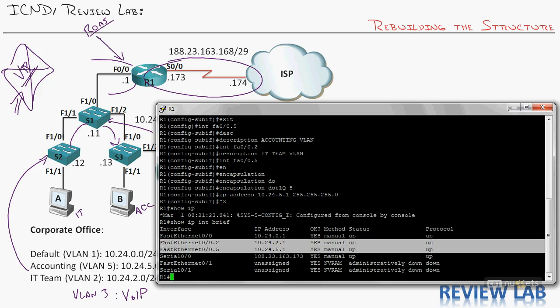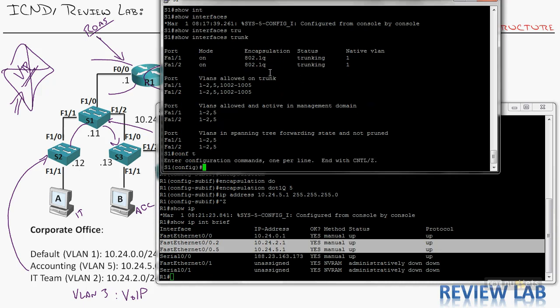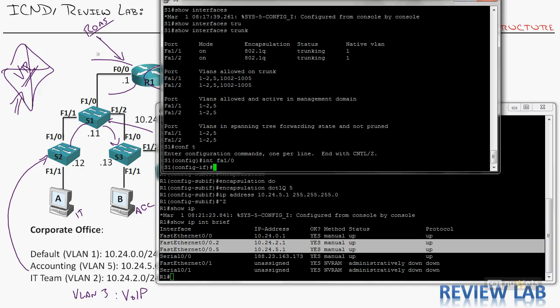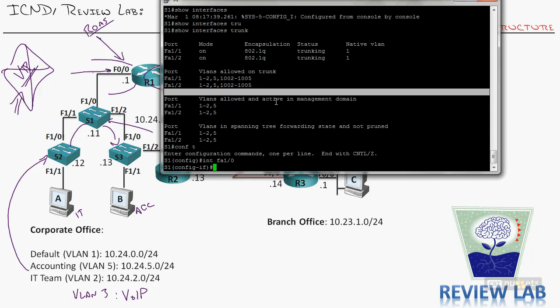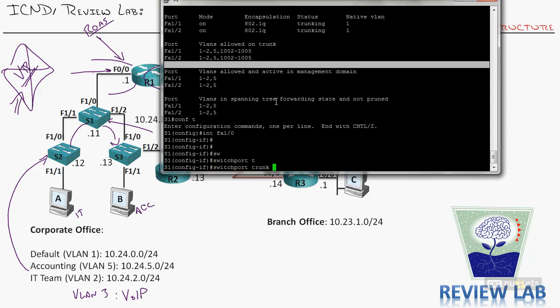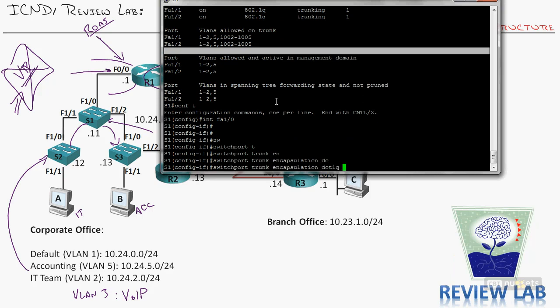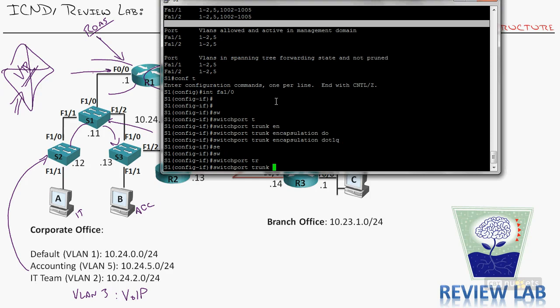Now we're bringing up all these little subinterfaces, but they're not going to work because you reminded me, thank you, that I need to go on switch 1 and configure interface fast Ethernet 1/0, this one connected here to the router 1 interface, as a trunk. So I'm going to go in here and do switchport trunk encapsulation dot1q. Switchport mode, not service policy. 13 years, can't even type it. Switchport mode